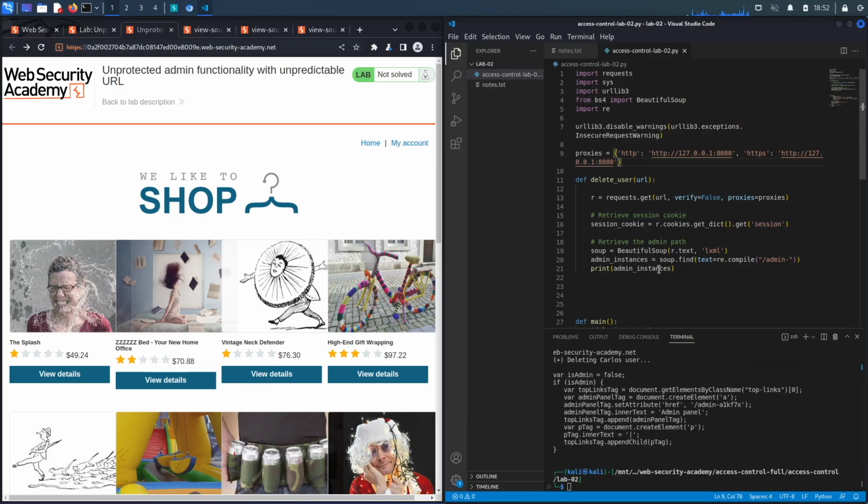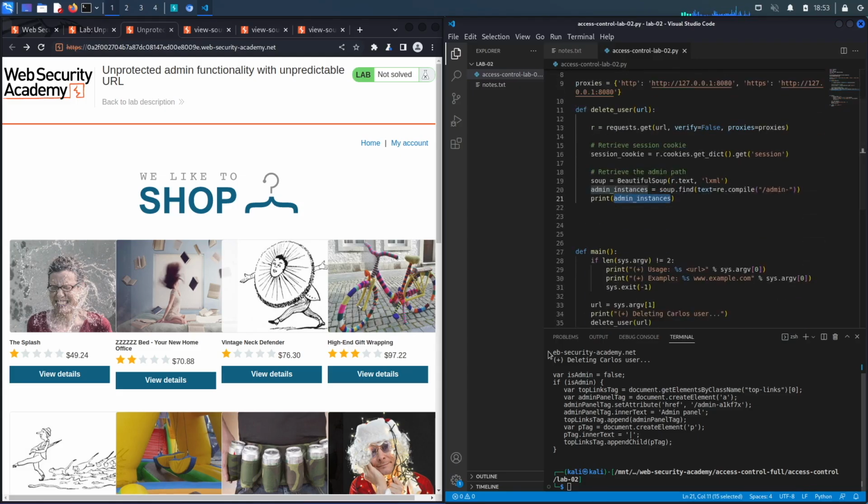So admin instances over here is equal to this entire string right over here, because although this seems like it's different lines in the source code, it's actually all written in one line, and so it'll always output this entire thing. But we're actually just looking for this specific string over here, and so we're going to have to apply a bit of regex in order to extract this substring from this entire string right over here. And so to do that, let's remove our print statement,